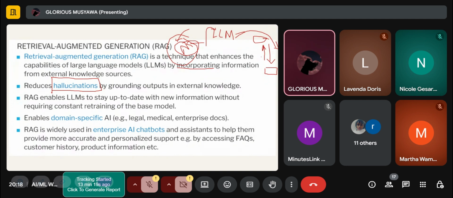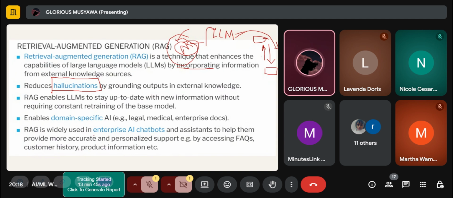So that is specific to that organization. It's going to access a database that is only for that organization. So people have found a lot of ways in which we can create AI chatbots using RAG, and retrieve information using RAG if you have your own information that you want to use for it. Yeah, it's widely used in enterprise AI chatbots.